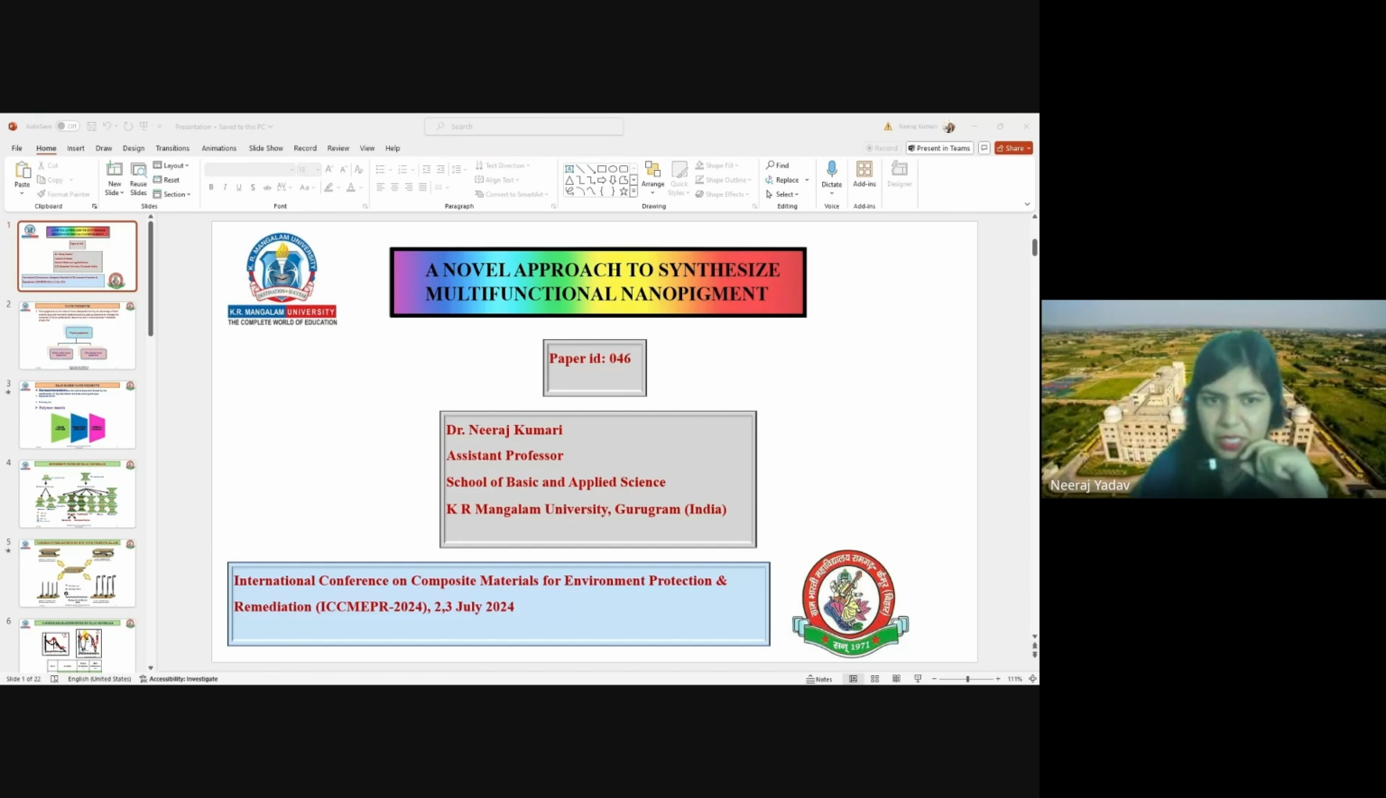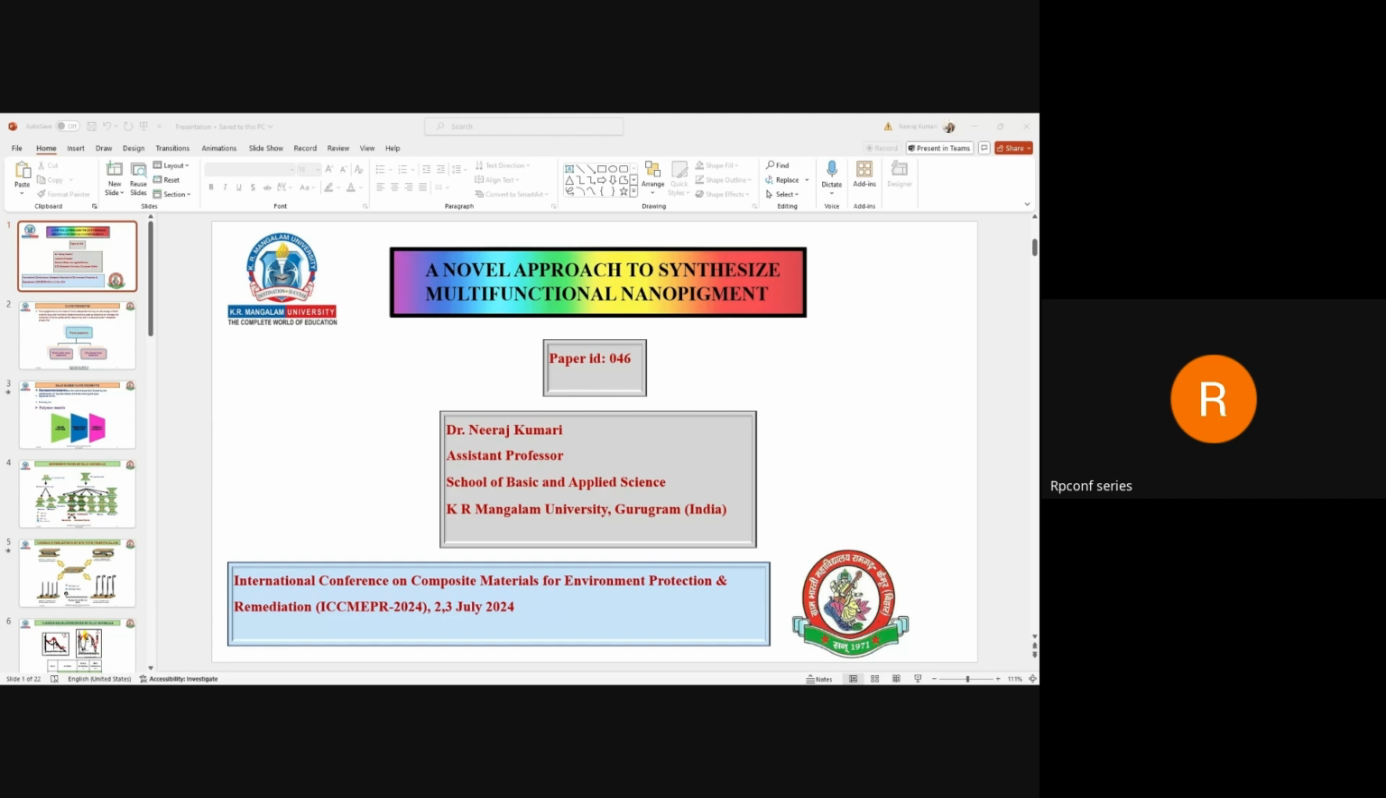So nanopigments, we can say that these are a class of nanocomposites which generally have the advantages of both organic dyes and inorganic pigments and can be used as colourants to increase the attraction of the given product, because whenever we see a brightly colored product, obviously we are attracted toward that product, and it not only increases the